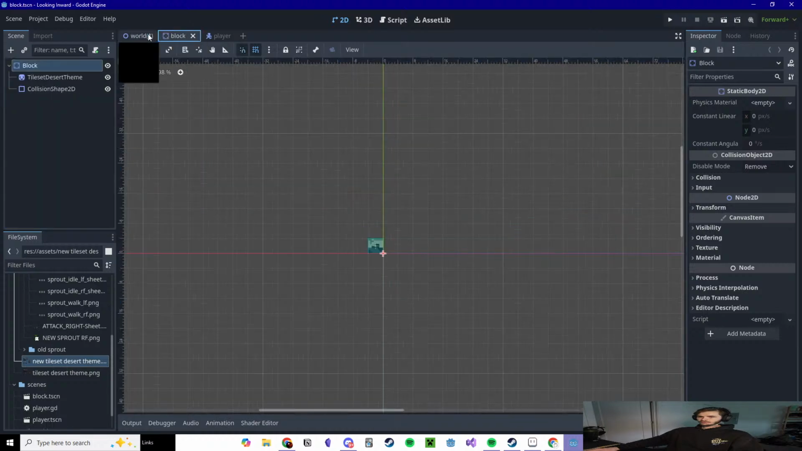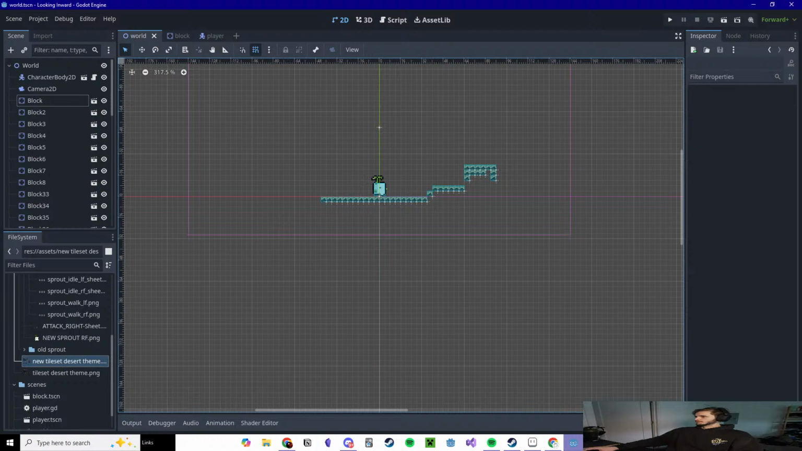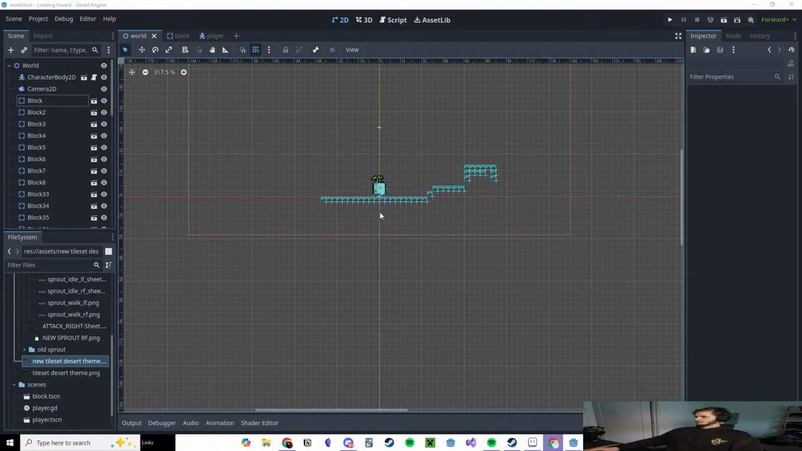So I'm going to hit Control A, search for collision shape. And for the shape here, we're going to create a new world boundary shape. The world boundary is a type of collider that is perfect for stuff like, well, world boundaries, because it's going to extend infinitely